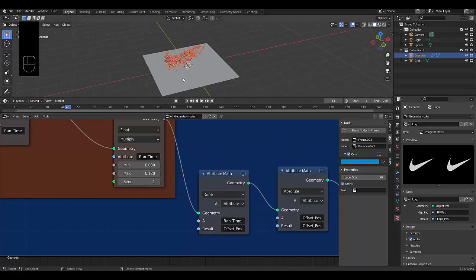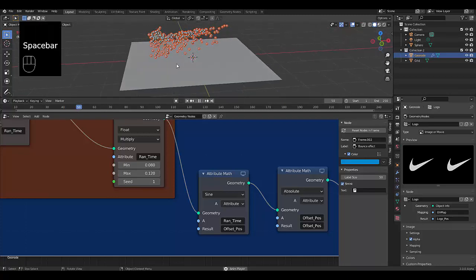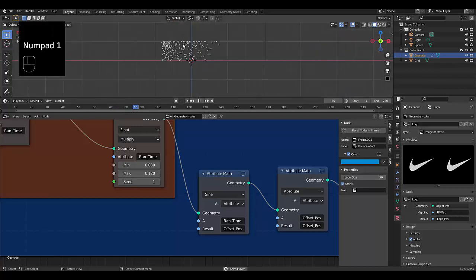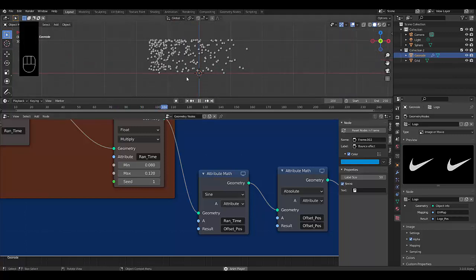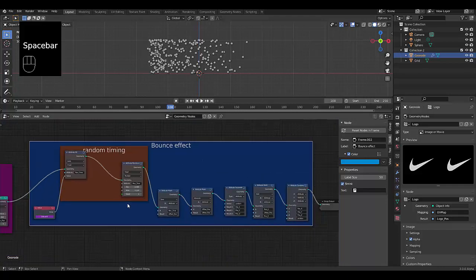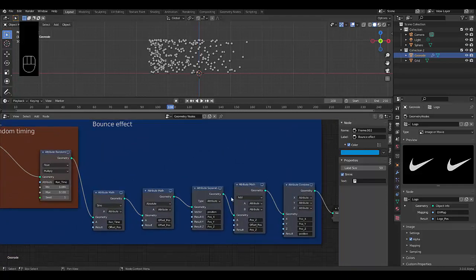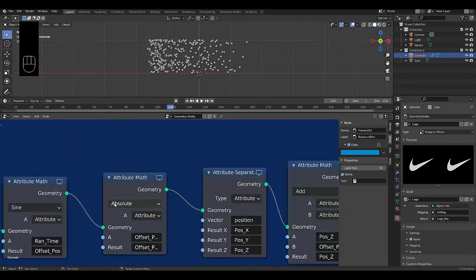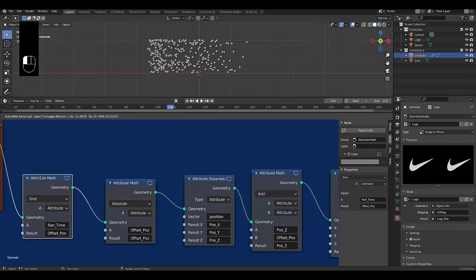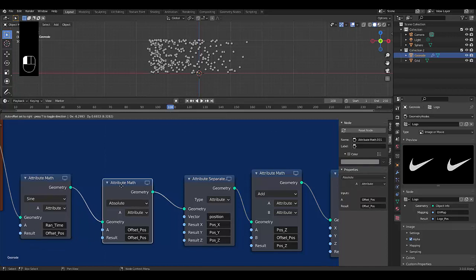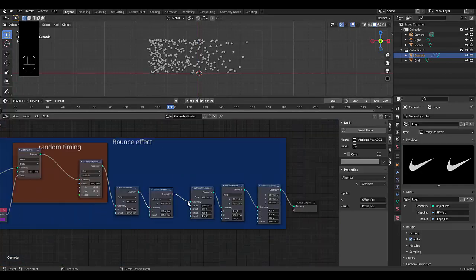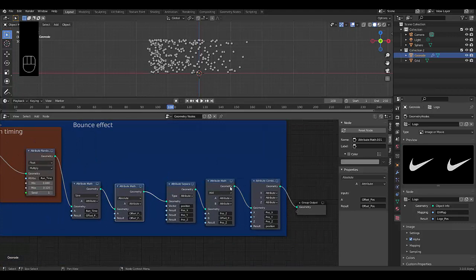And we should have a basic outlook over here when we press play, where it all bounces together. But one problem we're running into at the moment, from my perspective, is it's all bouncing at the same height. And that kind of ruins it for me. So the way we fix that is we go over here where we made attribute separate. We had apparent sign, which is the math to make the bouncing work. Then we had the absolute to make sure the bounce doesn't go past this line here. And then straight after that, before we go to attribute separate, where honestly these three things make the bounce happen,